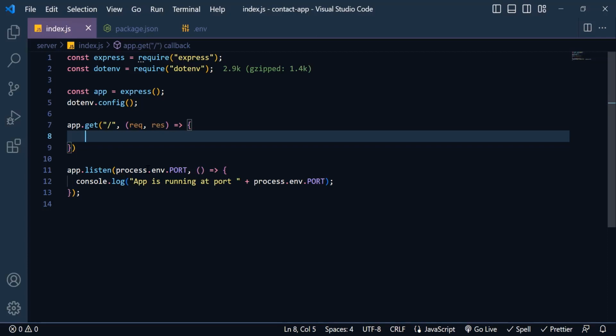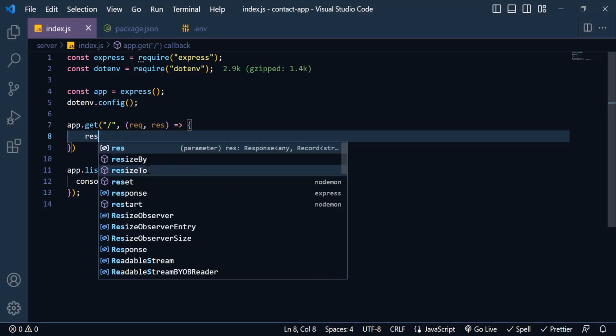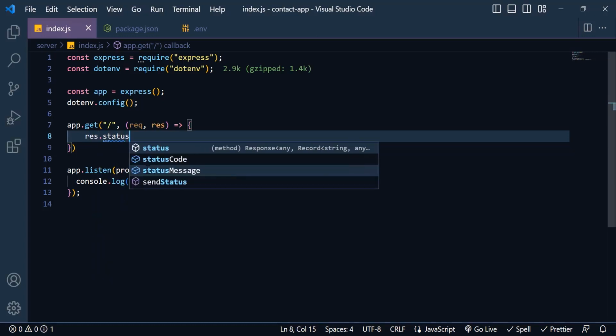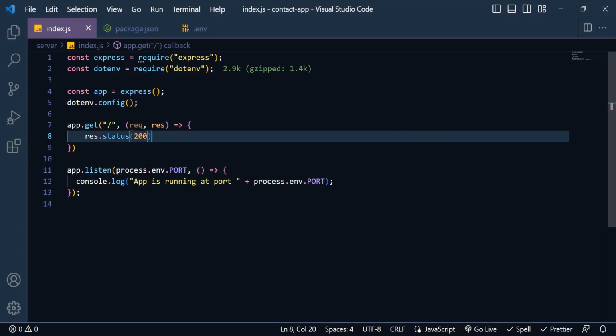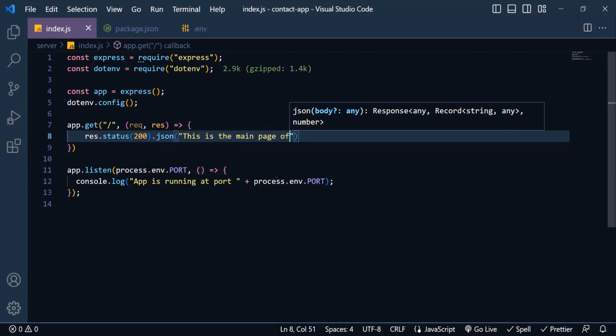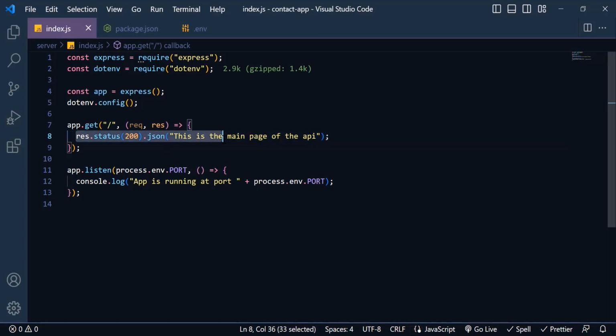Okay, now down here we need to write res.status(200).json, and this is the main page of the API. So using response.status 200, it means that we tell the browser that this request should be successful. Status 200 means successful in an HTTP request, and then the JSON will print a text for us once the